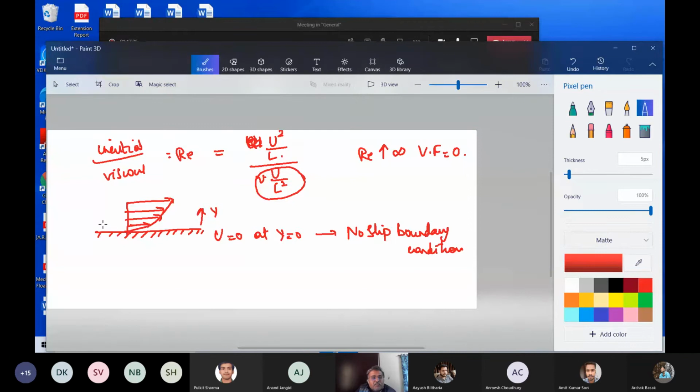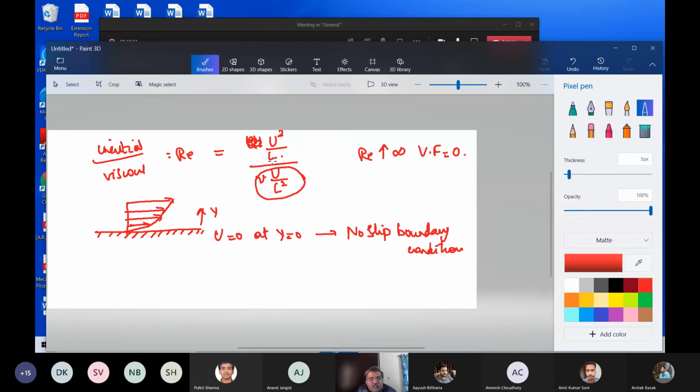Now suppose I keep on increasing the Reynolds number. As you see here, as the Reynolds number keeps on increasing, the viscosity becomes very negligible. So does that mean that it becomes slipping? That is, does that mean that the no slip boundary condition is no longer satisfied? No, it does not mean that, because the no slip boundary condition always has to be satisfied. It is a property, because every object offers friction, and removal of friction is not in our hands. It's too intrinsic a property of the fluid and the solid. So the flow becomes zero here. So what is the way in which this can happen?